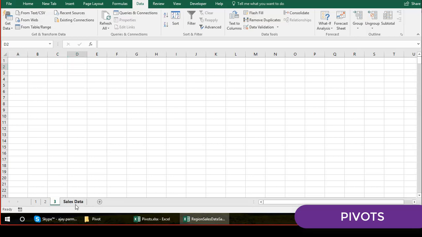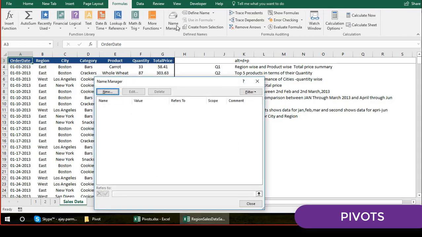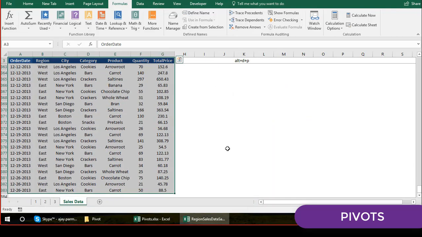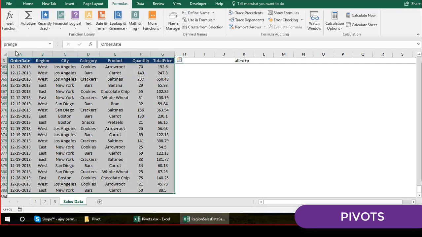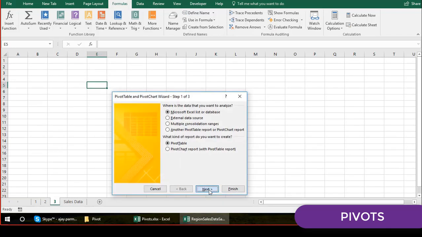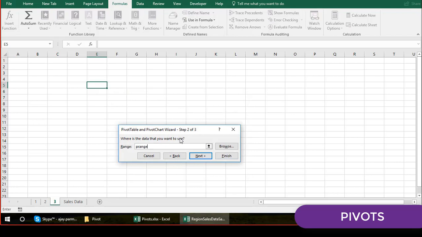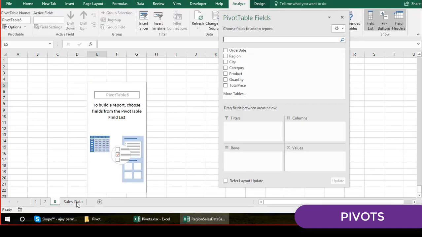I told you this thing. Name managers are very useful, and if you remember, we can create them from the formula tab, from this name manager. Click on new, or maybe we can do one thing, we can select the entire table and go here and write the name. So let's say I write here p range, I press enter. Let's make sure that it is created. You can see that the p range is created. So now next time when I create the pivot, guys, in the next step I just write here p range. Simple. The p range refers to that data. So click on next and then finish. There we go. Simple. This is also one of the ways.